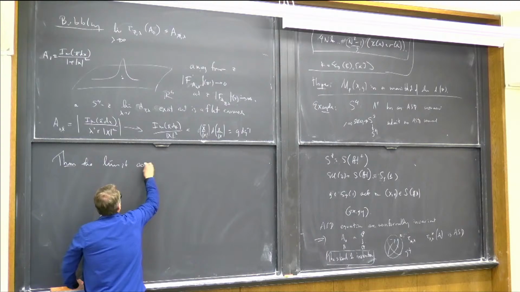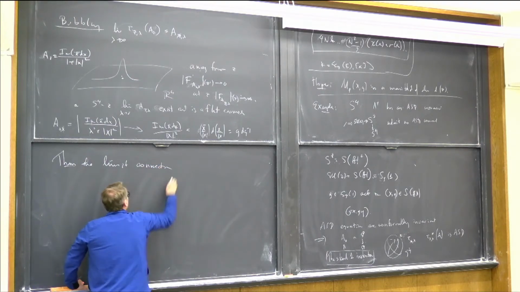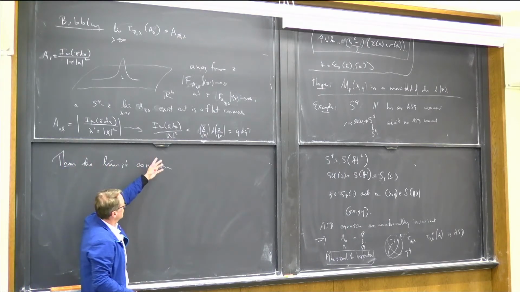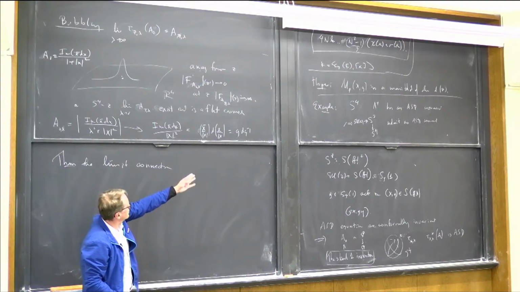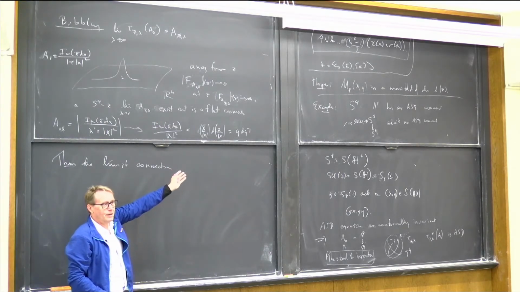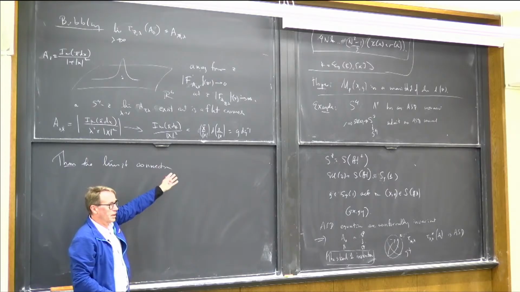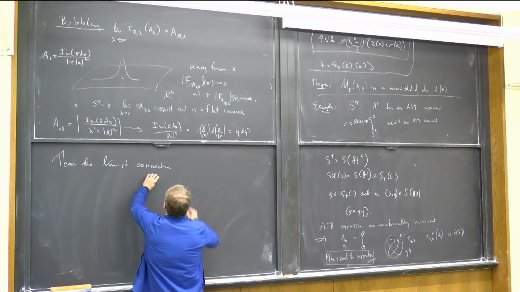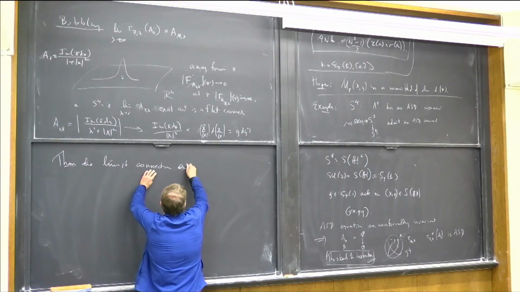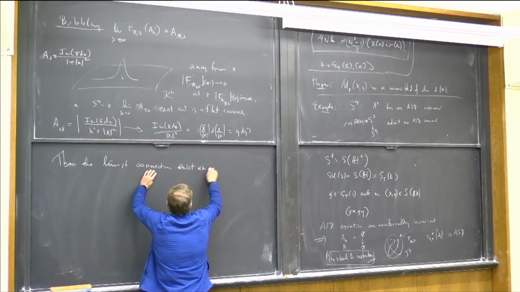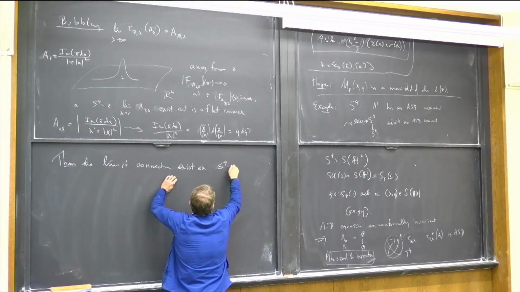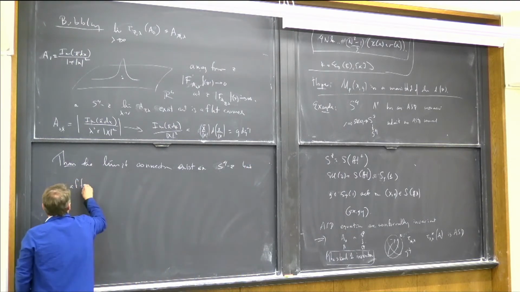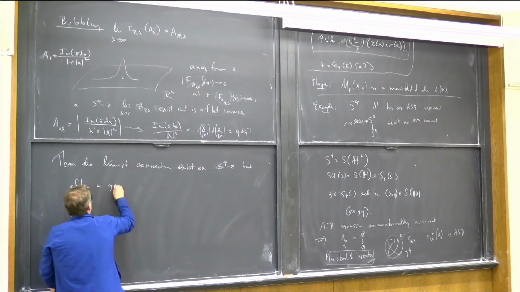So this flat connection extends. So the limit connection... it's important to notice that I took the limit of the connection, and I still get a connection, but it's only defined away from the origin. And it's not 0, but it's a gauge transformation of the trivial connection. Right? So the limit connection exists on S4 minus Z, but after a gauge transformation,